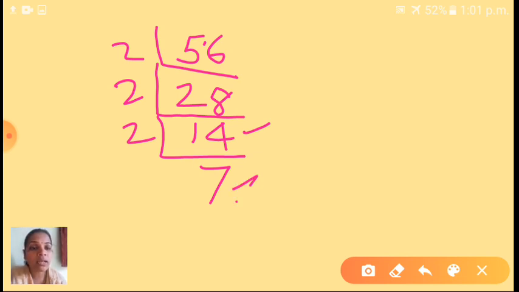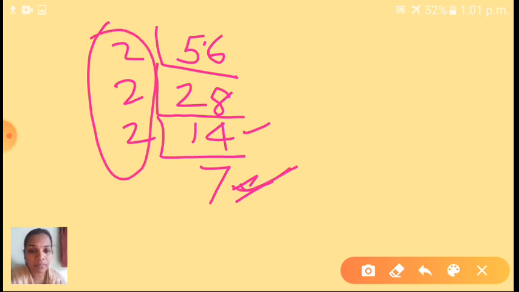Okay children, you have to check here also that we want only prime numbers. Can you say the factors of 7? Yes, the factors of 7 are 1 and 7. Okay, so that's why this 7 is called what? Prime number. Children, you have to study what is meant by a prime number, and you have to keep in mind what the prime numbers from 1 to 20 are. Okay children, so that 56 is what? 2 into 2 into 2 into 7. The prime factors of 56 are what here, children? 2 into 2 into 2 into 7. Okay, like this you have to find.